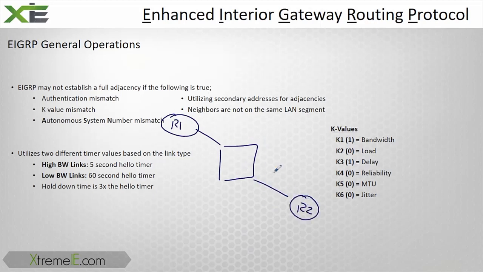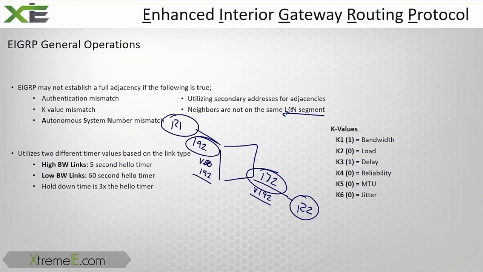I can't have a 172 subnet over here and a 192 subnet over here and have these guys form an adjacency with one another. That's just not going to work. Where I see this a lot is where people mess up their layer 2 VLANs. So accidentally they leave this guy in VLAN 10 or, let's say, VLAN 192, for example. And as they're trying to get these guys to talk, they put this guy in VLAN 192, and it's a completely different subnet altogether. And inside the hello packet, we cannot have these different subnets or these different LAN segments